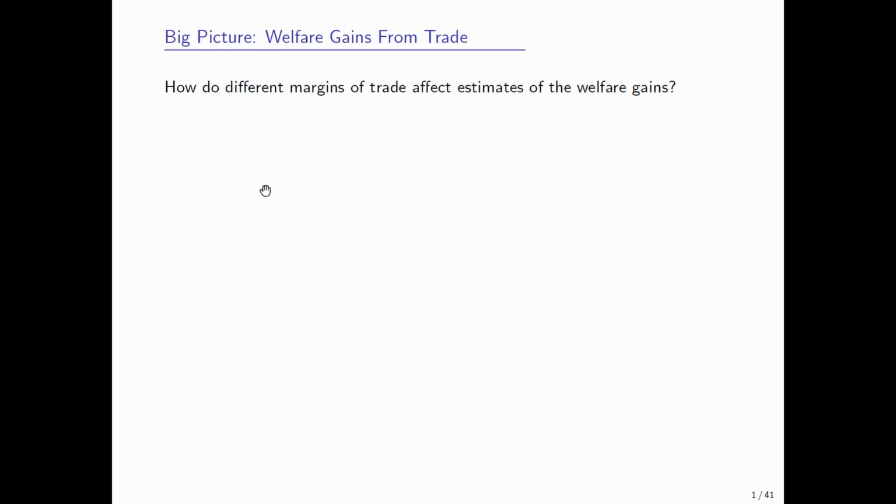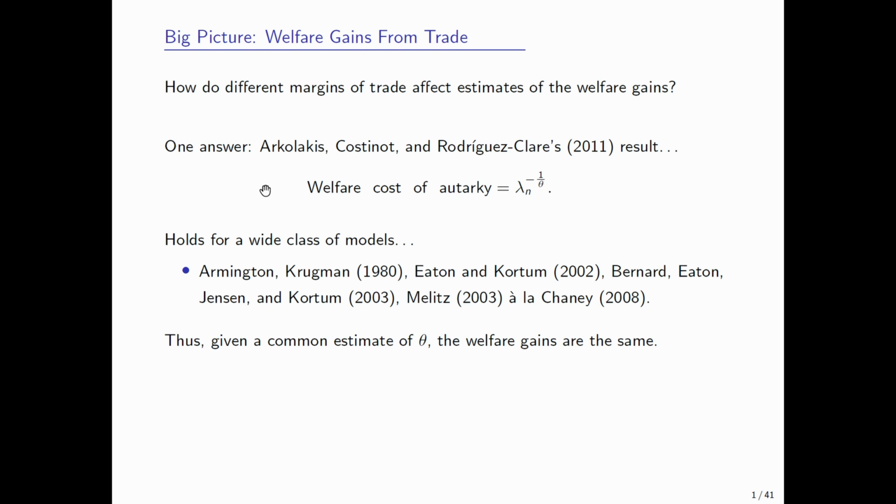So what are we trying to answer in this paper? Basically the question is, how do different margins of trade affect the estimates of the welfare gains from trade? On the theory side, Arkolakis, Costinot, and Rodriguez-Clare gave us a very nice result, which says that the welfare cost of autarky is summarized by two things. The first is data, lambda n, the share of goods that we're buying from domestic sources. The other is theta, the elasticity of trade, which is a parameter that needs to be estimated. As they showed, this formula holds for a wide class of models,